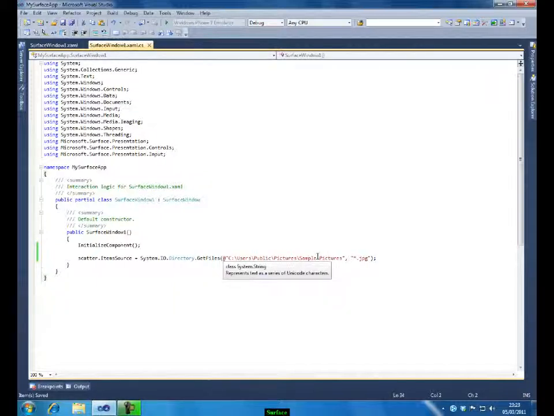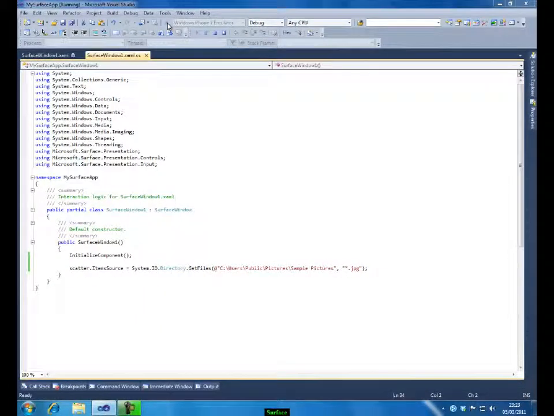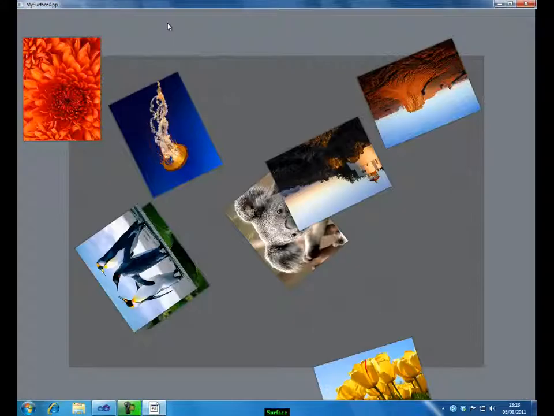Let us try to run our first Surface application and see how it looks. Okay, this is a simulator.